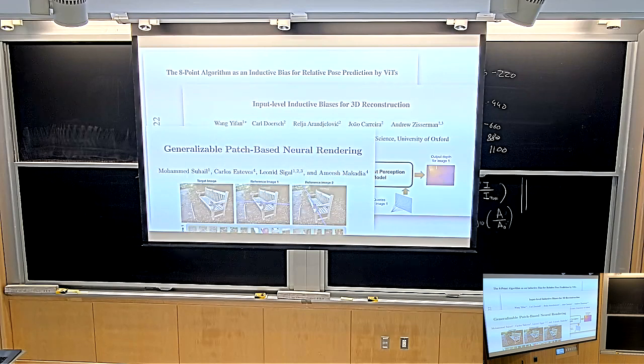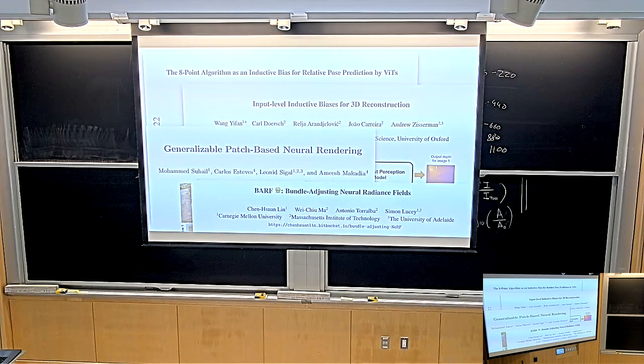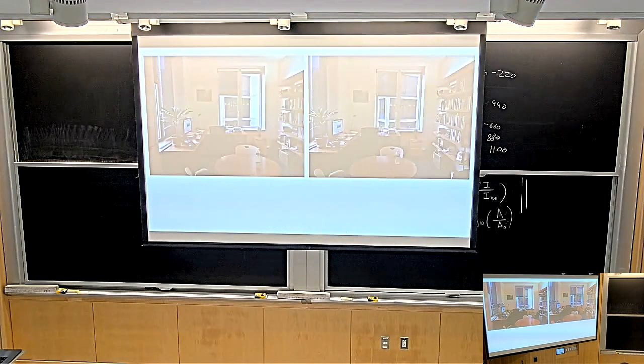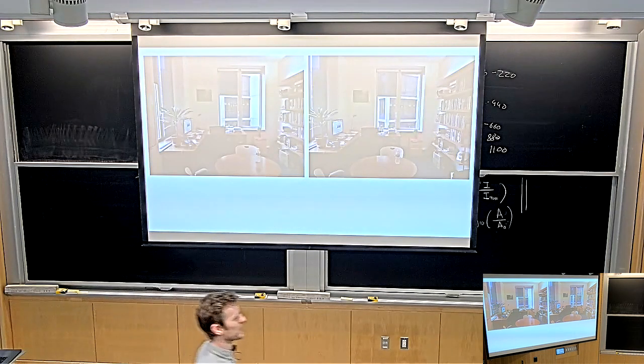Then there's generalizable patch-based neural rendering, which we're also going to talk about later in the course. BARF, bundle adjusting neural radiance fields. Wei-Chiu, I just literally today sat in his PhD defense here at MIT. So he just graduated. He's Dr. Wei-Chiu Ma now. And this was one of the papers he talked about in his PhD defense. It's addressing things that we're discussing today in the lecture, just to show relevance. So this all happened in the last 2 years. Okay, good. We got that out of the way.